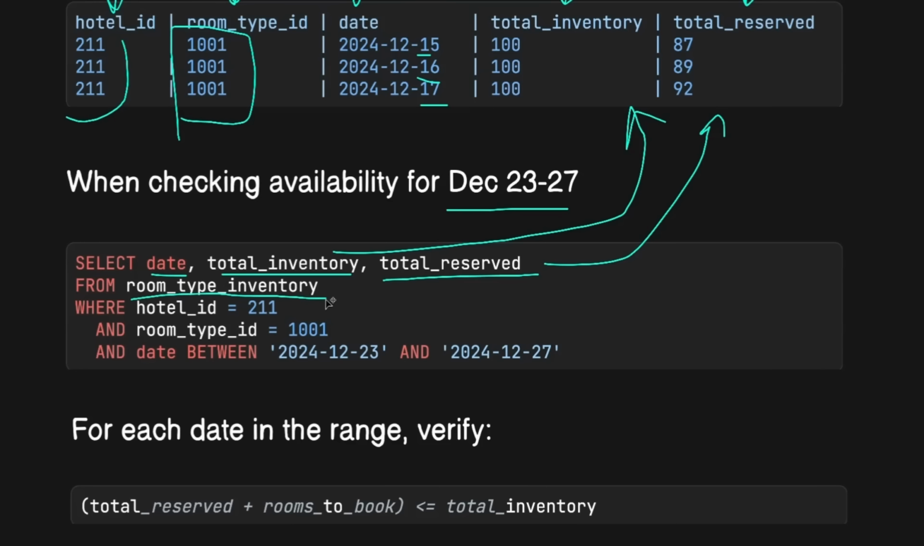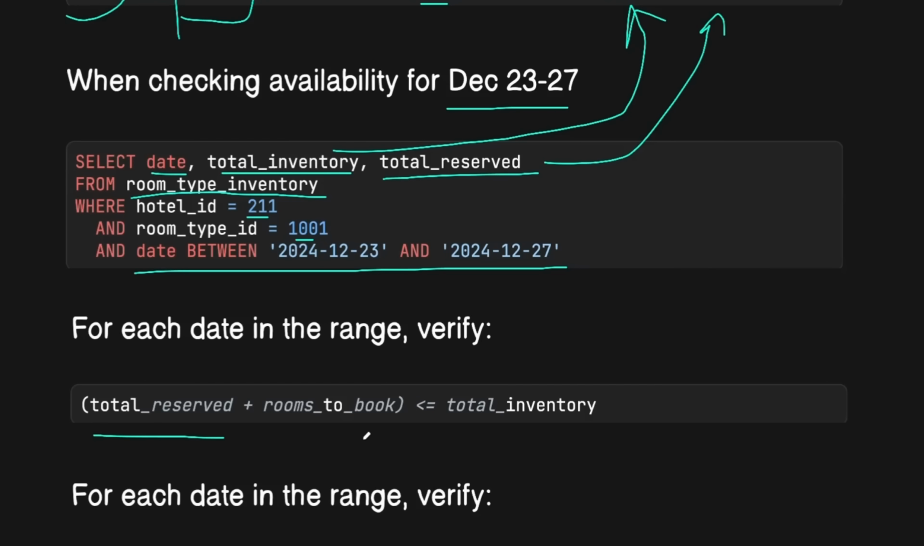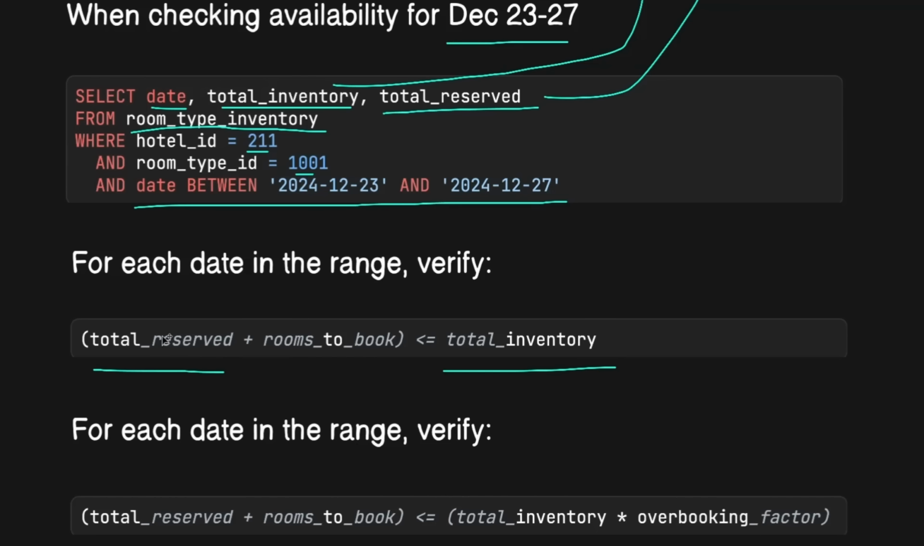We will select it from the room type inventory, where the hotel ID and room type ID match, and we will set the date to be between the range that we want. This will give us the total reserved and total inventory. And by using this, we can check that if the total reserved plus rooms to book is still less than or equal to the total inventory,